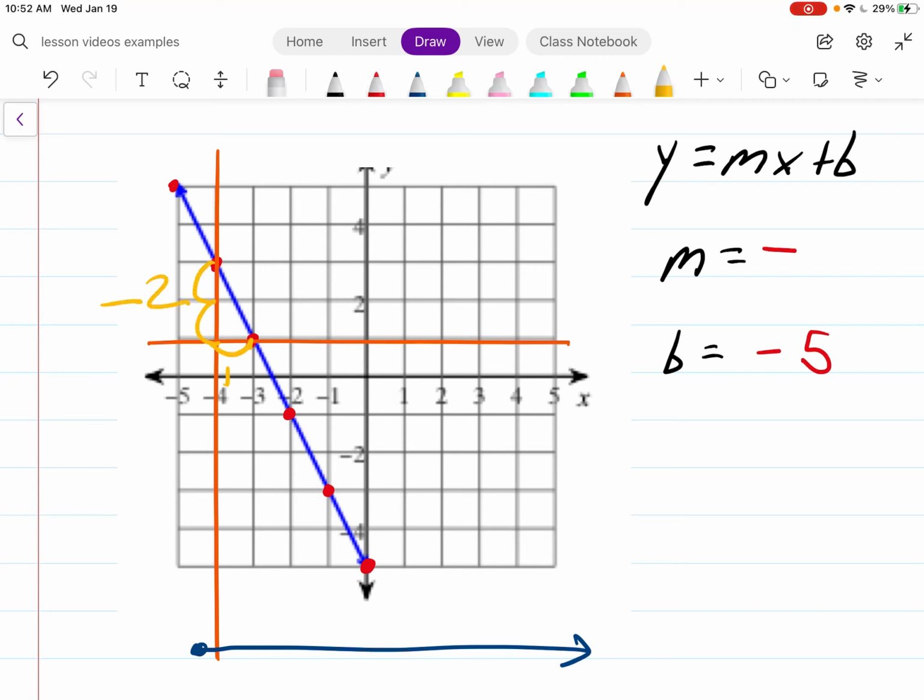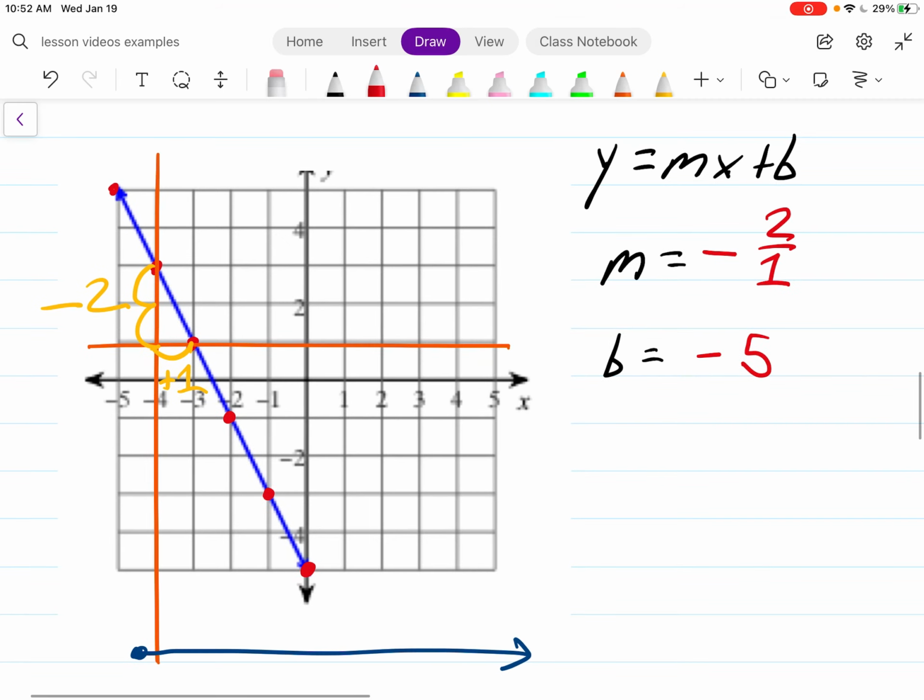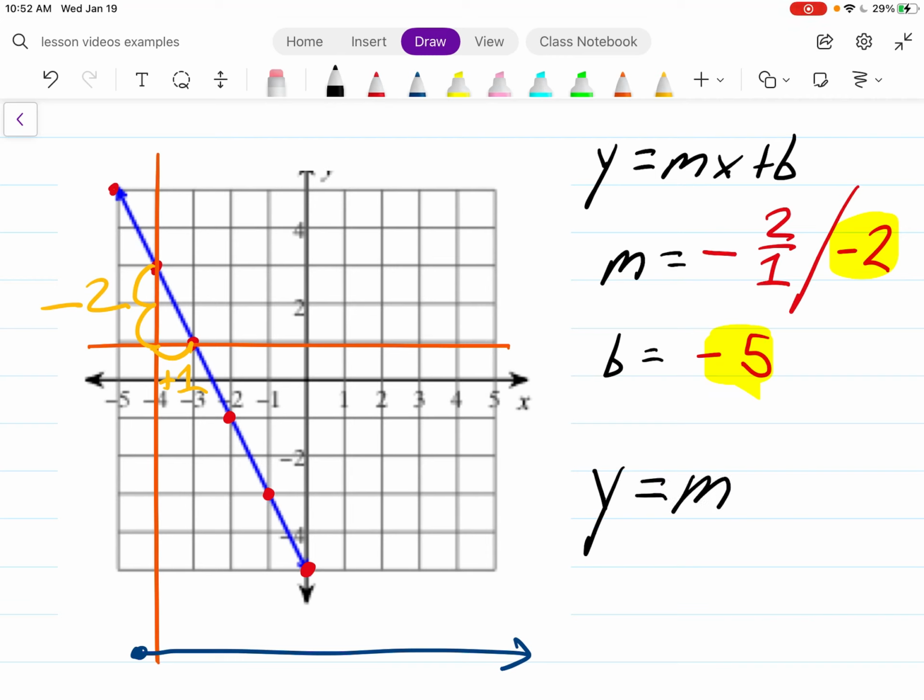to right 1, so the slope is -2/1. And just like our first example, we would know that comes to -2 as our slope. So our slope is -2 and the y-intercept is -5, so we write the equation from y equals mx+b, inputting the slope and the y-intercept, to make it y equals -2x minus 5, with the -2 being the slope and the -5